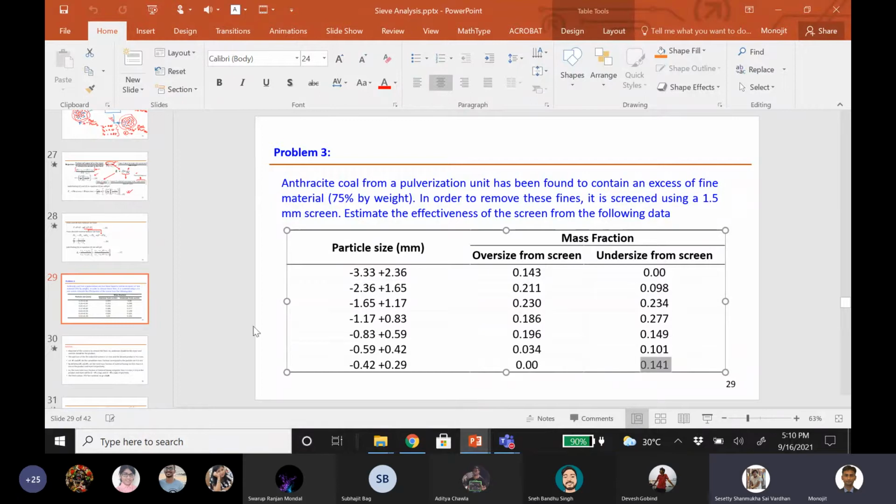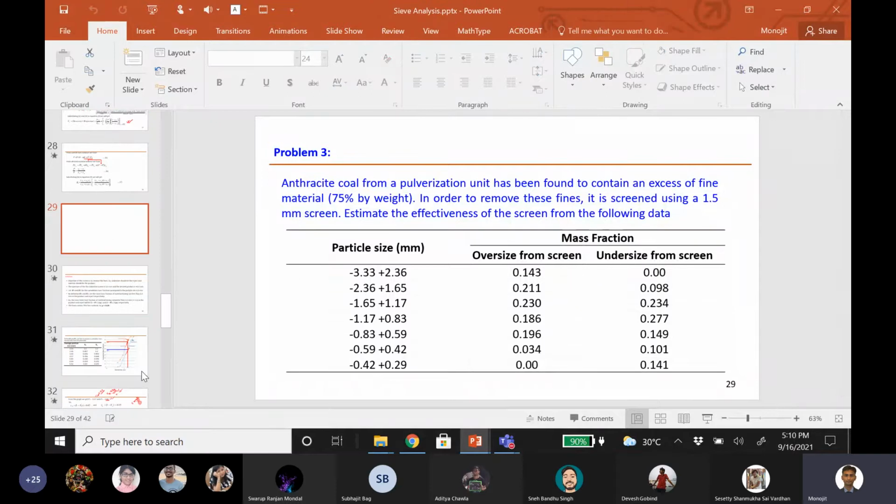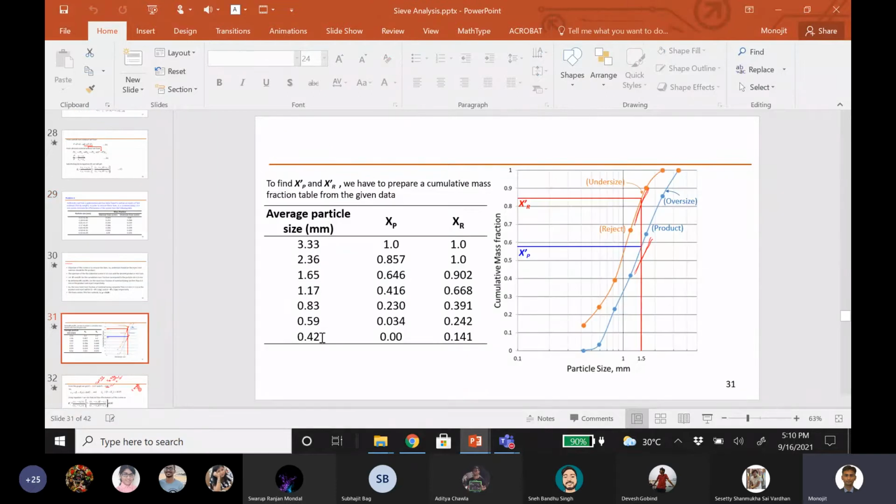Okay, sir. So I got confused with the definition and this particular exam problem. In this particular example, the table was not correctly given when I was discussing it. Then I corrected it later on, maybe in the next class. And now if you see this table, I have written here 0.42. And it makes sense now.